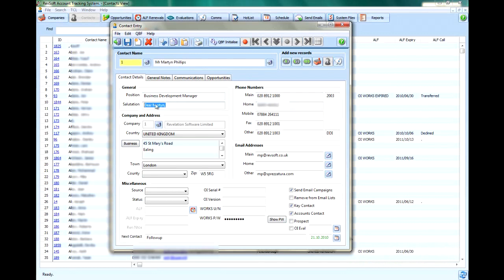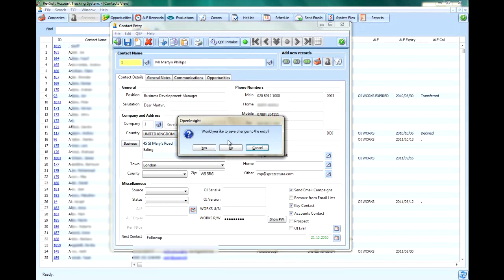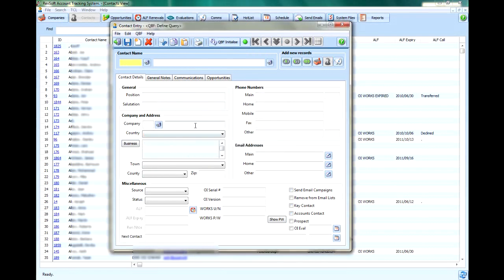I've also got the ability to drag and drop both within the application and also from outside of the application in. Again, that's all created without any coding. And I've also got the ability to run queries within the form. So if I initialize QBF here, no, I don't want to save the changes, and I say give me everything containing revelation,